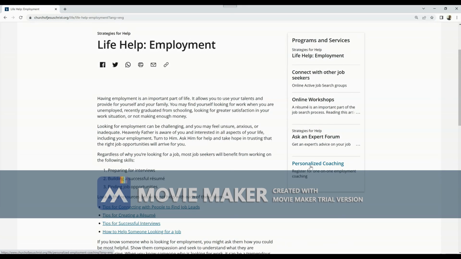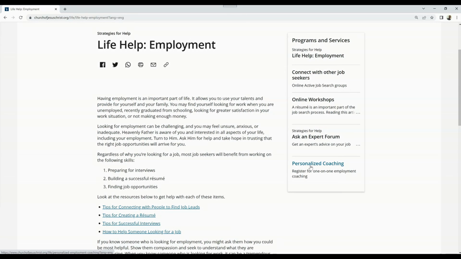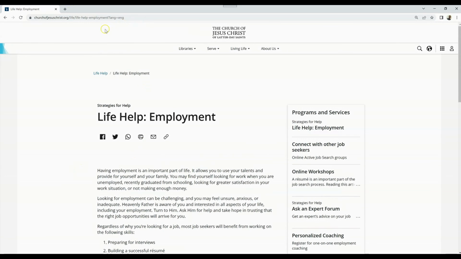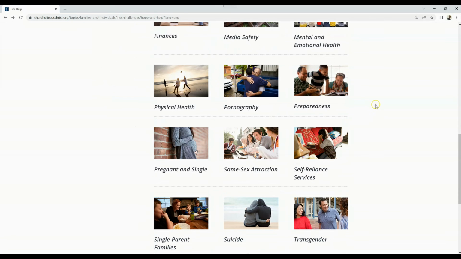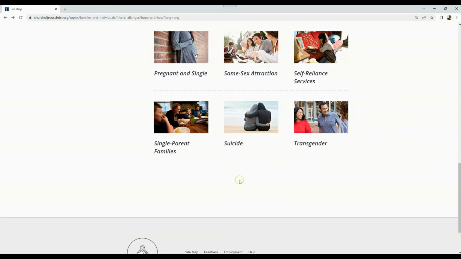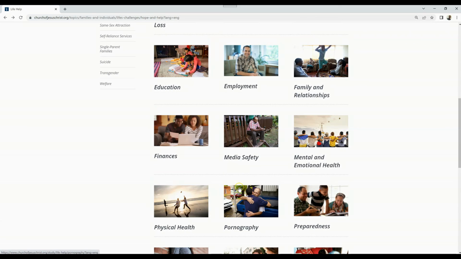And the awesome part about this whole program is that these resources are there to help the members of your church progress on the covenant path. As leaders in the units that work with the brothers and sisters that are going into their members' homes, please help them to understand that these resources are there, that as they see a need, they can find the resources that are appropriate. And then within your ward councils and your presidencies, you can discuss and help the individuals and the families to move forward in their lives. Again, the challenge then, please go ahead and browse during this month and find the information. So make a goal to click through, follow the links, find out all that is there,